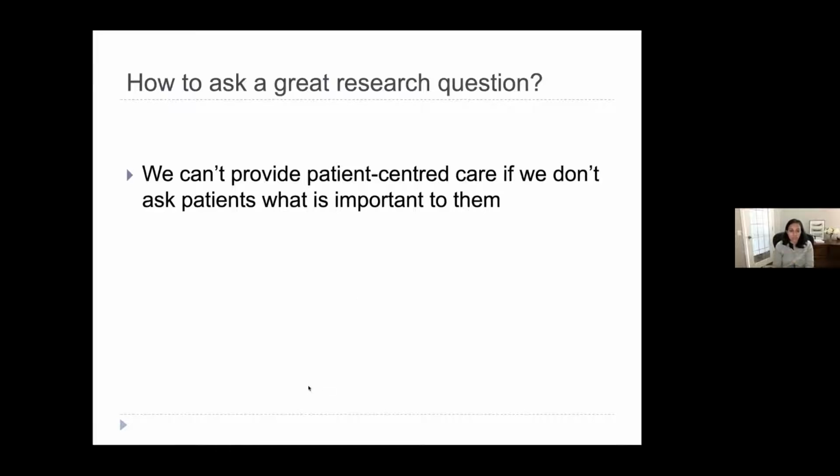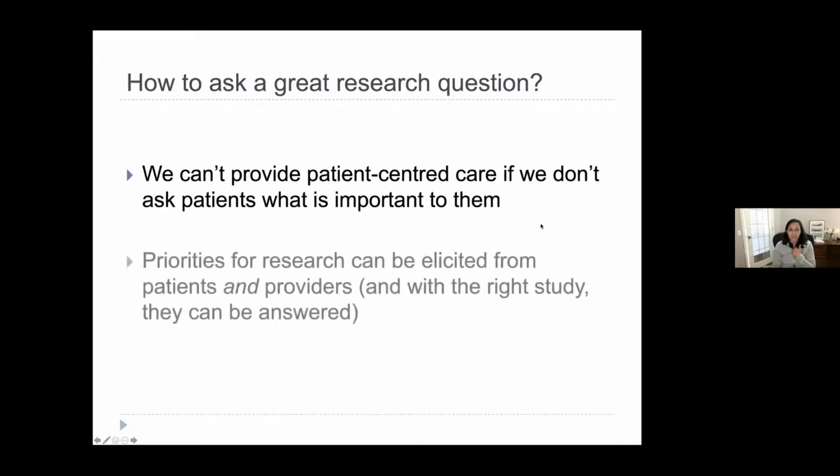So it is a question that's important to the patients. It may be difficult to design a research project or an aim around that question, but that's our challenge to overcome. Priorities for research can be elicited from patients and providers, and with the right study, they can be answered. So don't go to the easy things. Yes, you can do that as a start, and there will be components that are easy in your programs, but always